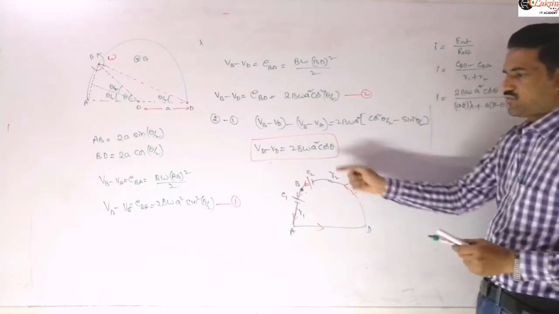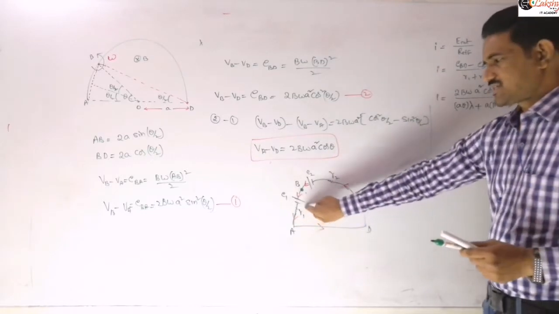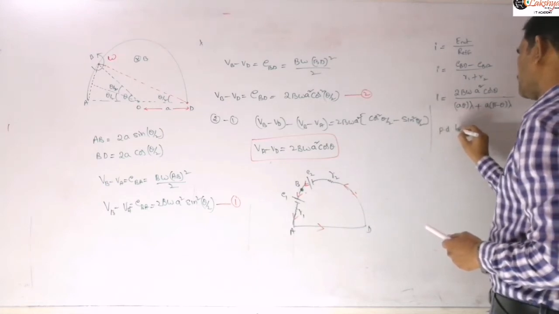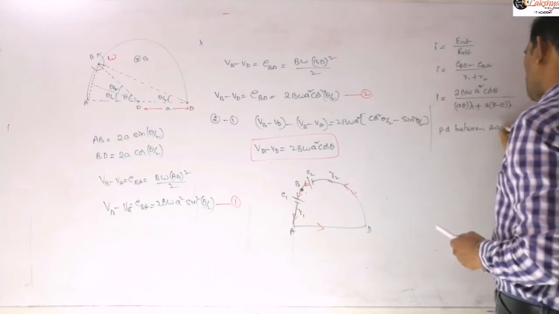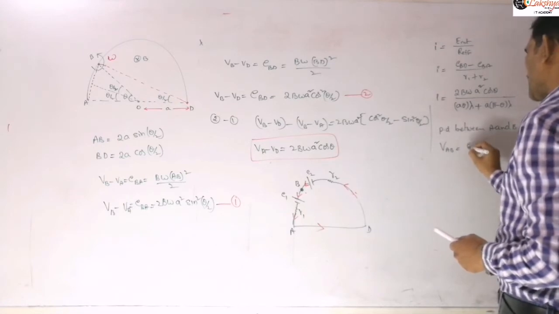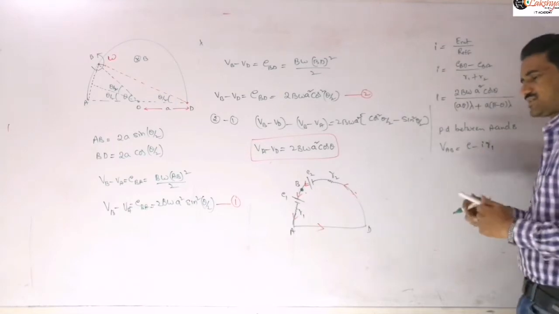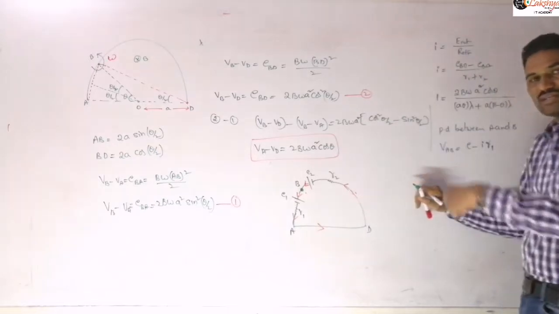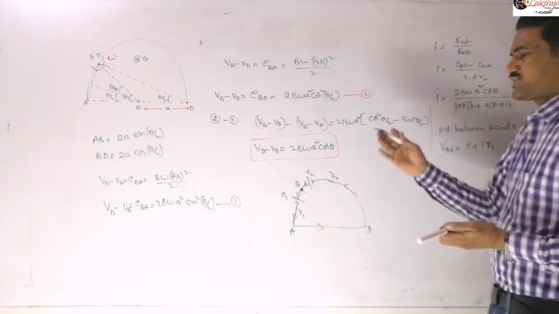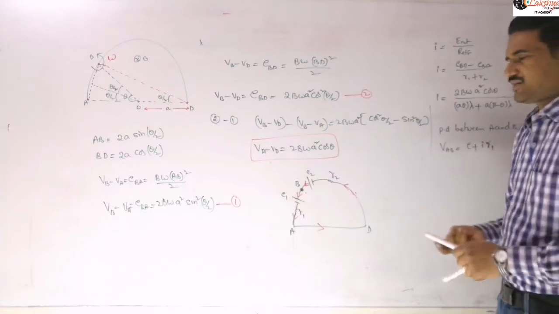Now according to the direction we are taking, that cell will be in charging state. We need the potential difference between A and B. We can write the potential difference between A and B as EMF minus IR1, but since we are taking it as a cell in charging state, we need to write E plus IR. If you take the opposite direction, then it is in discharging state, and then you need to write E minus IR.